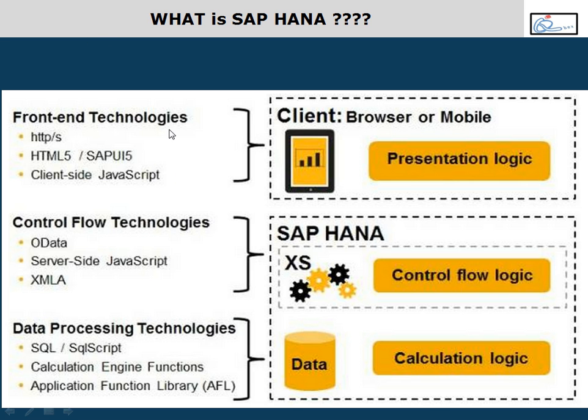Now to design your front end screens, they have given something called SAP UI5. You heard about this? SAP UI5 is nothing but your normal HTML5. You heard about HTML5? It's normal HTML5 with some JavaScript, some CSS classes, and some built-in libraries by SAP. Together we call it SAP UI5. It is built with HTML5 with more libraries and ready-made code written by SAP, and then JavaScript and CSS. When I say CSS, it's about formatting, cascading style sheets, which we use for formatting the components.